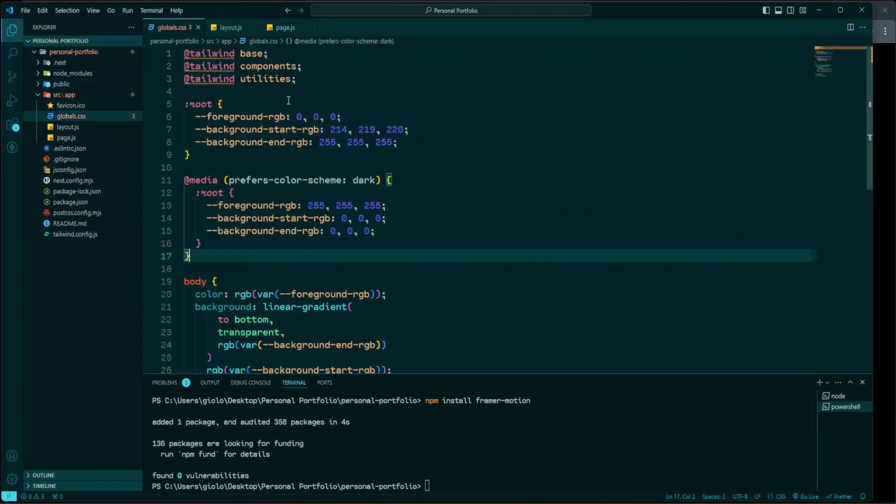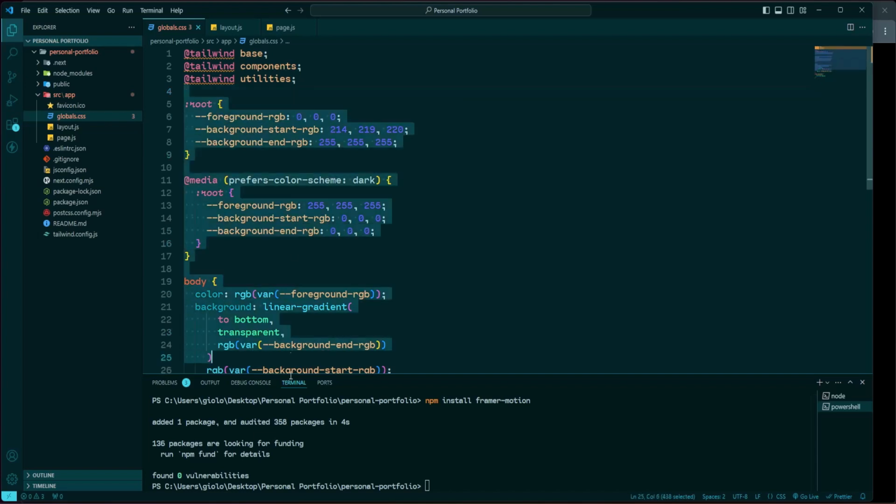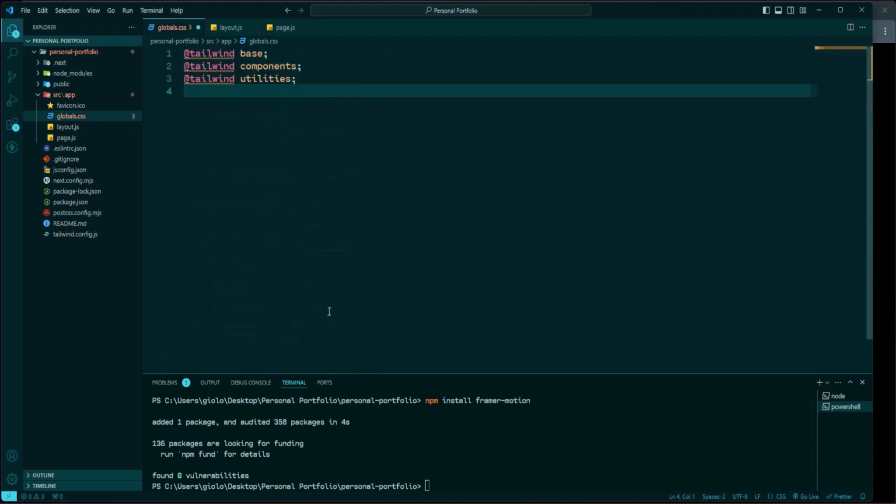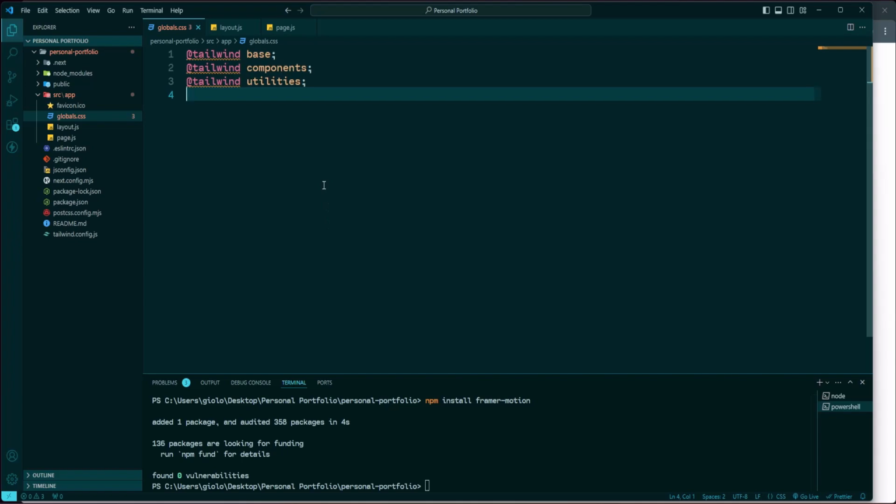Next, let's move to our global style sheet, globals.css. This file is located in the src app directory and currently includes a lot of default styles that we won't need. We want to keep our styling simple and maintainable. I'm going to remove everything except the Tailwind directives. We only need to keep these 3 lines here. This will ensure that we're using Tailwind CSS for all our styling needs,